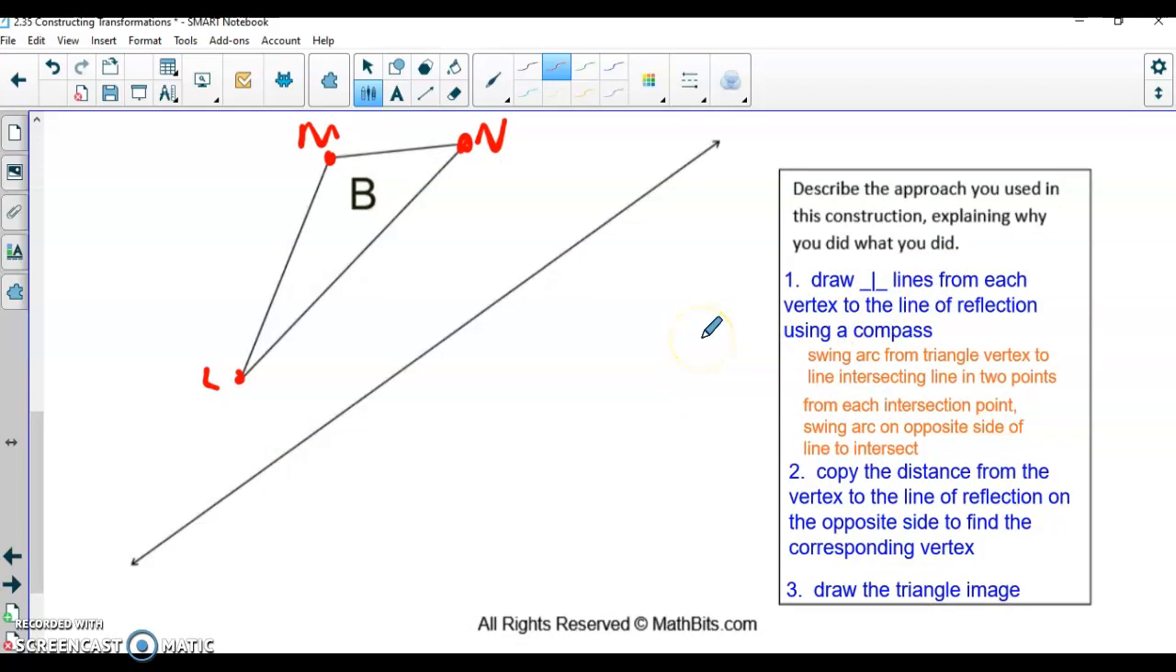So I would pause the video, copy them down so that you have your directions. You're going to draw a perpendicular line from each vertex, point L, point M, and point N, to the line of reflection using your compass. In order to do that, you use the orange